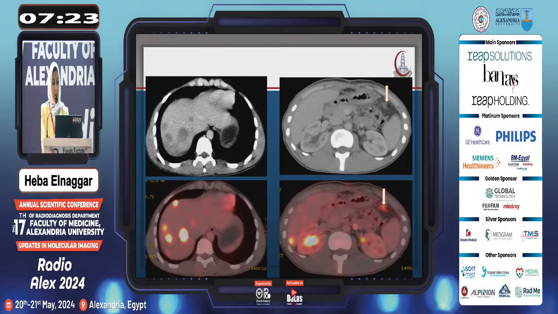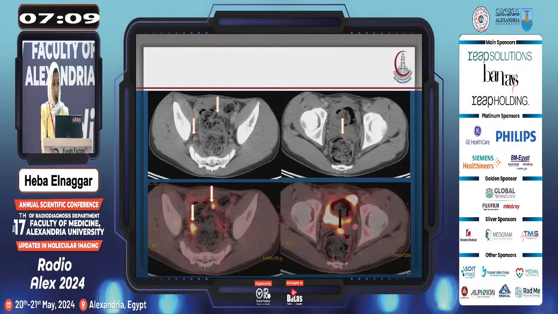But when we checked the fused images, hepatic focal lesions are metabolically active, of course, but here there are also multiple ill-defined peritoneal deposits within the bowel loops, as you can see, and at the pelvis there are multiple deposits along the serosal surfaces of the bowel loops, as well as one here along the anterior wall of